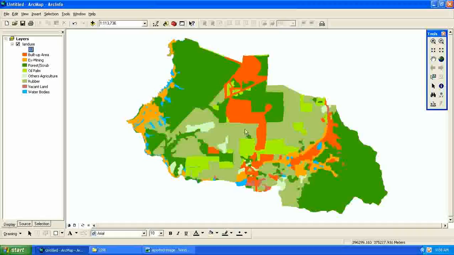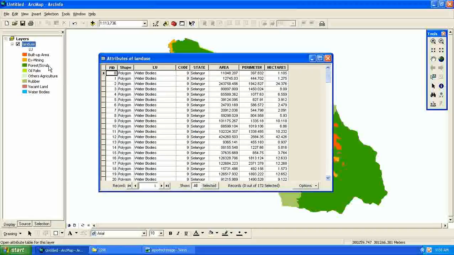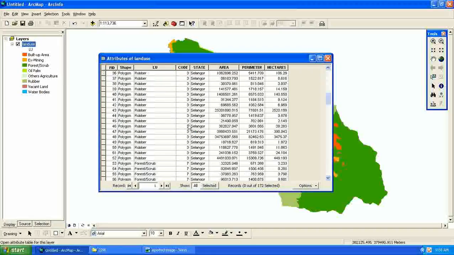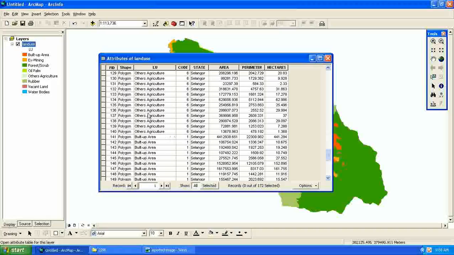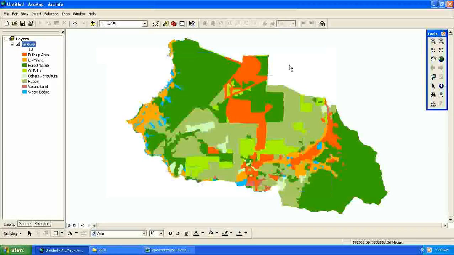I have just found a much easier method than we learned in our classes. In our classes we learned to show a specific area: click on the land use layer, right button on it, open attribute table, and select the other land use area, here it is, and copy it. But the easiest procedure is that you just click on the land use,